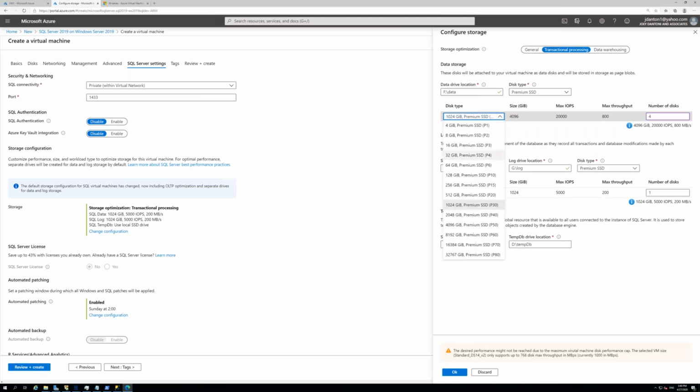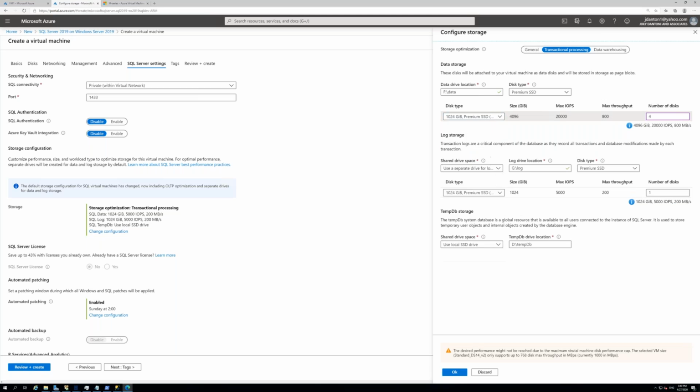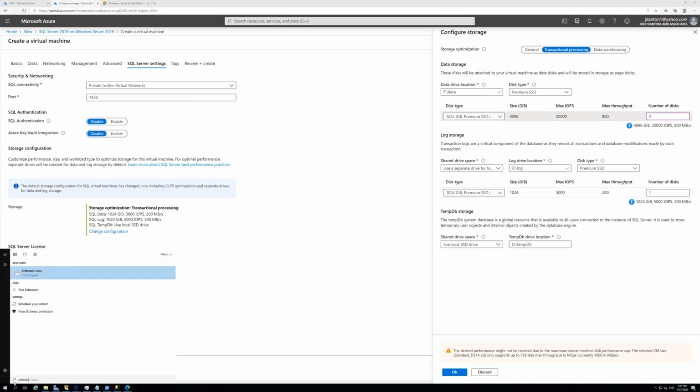They don't have this wired up for Ultra yet. By default, they use the 1024. They will also configure the caching for you. And they'll put your separate log. They'll also add Tempdb to the D drive. And typically I build this myself, so I haven't